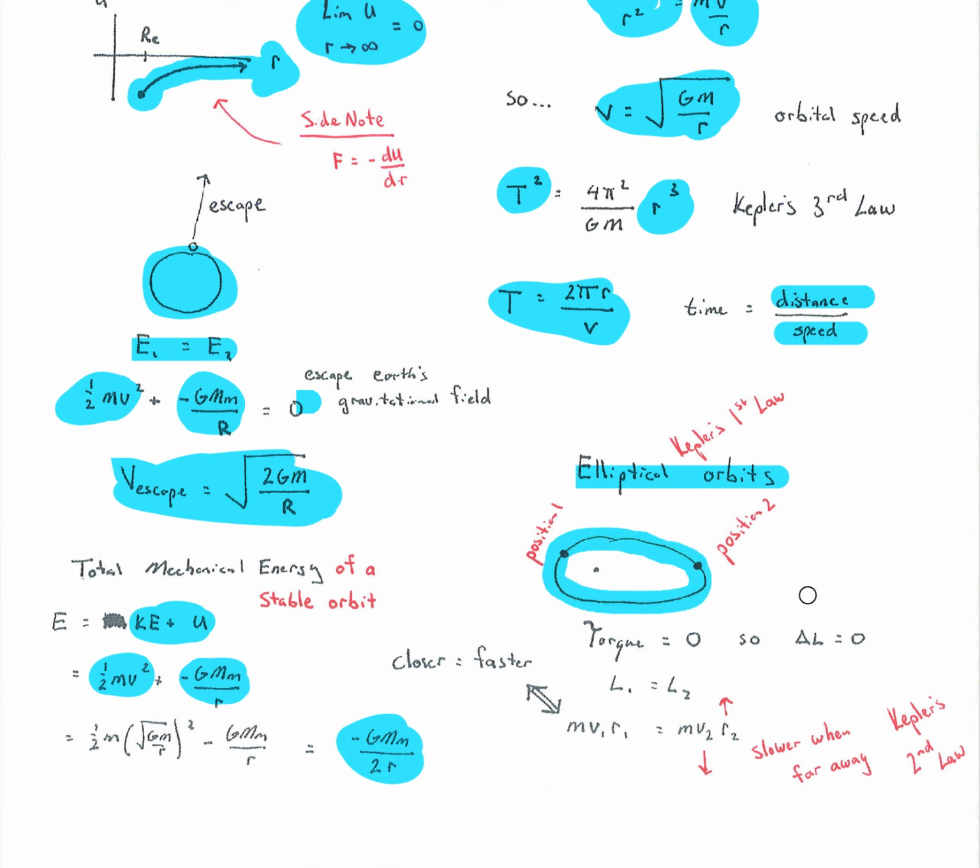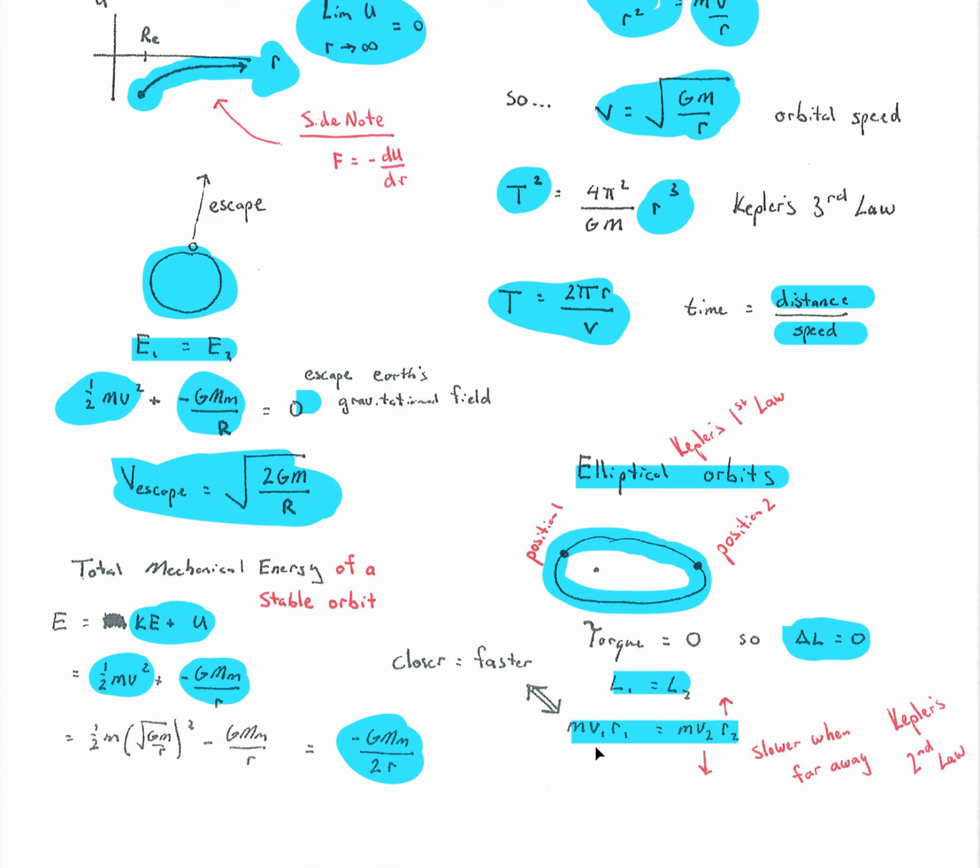As we go around there, there's no torque. Why not? Well, torque is an R cross F. There has to be some perpendicular component to the force. And in this case, the R hat direction is straight to the satellite, but that's the exact same direction that the force of gravity is pulling. The force of gravity is pulling inward. R hat is inward. There's no perpendicular piece. So there's no torque. If there's no torque, the system cannot get a change in angular momentum, which means angular momentum is conserved,